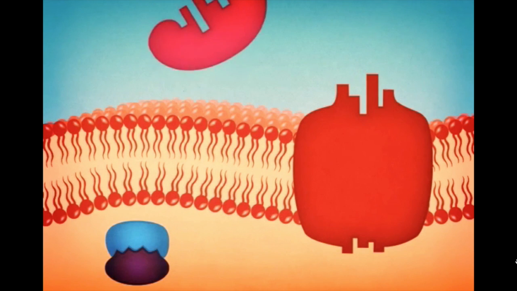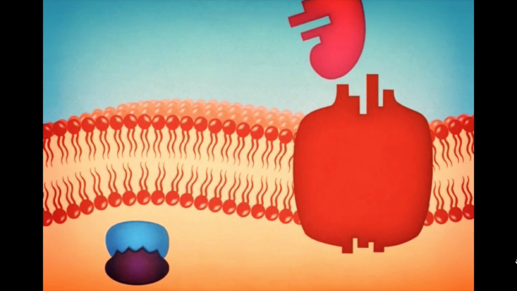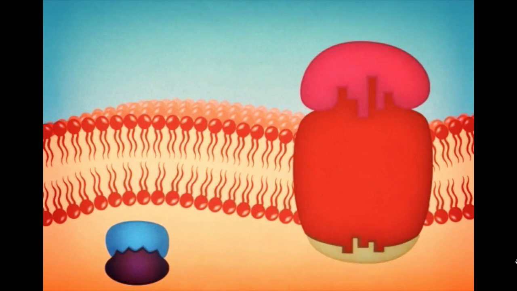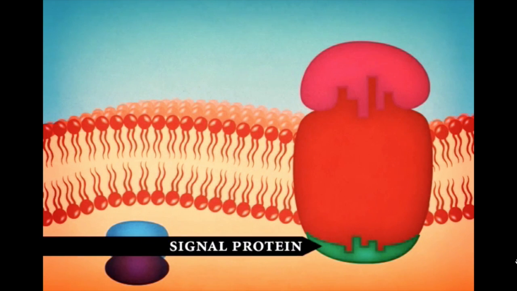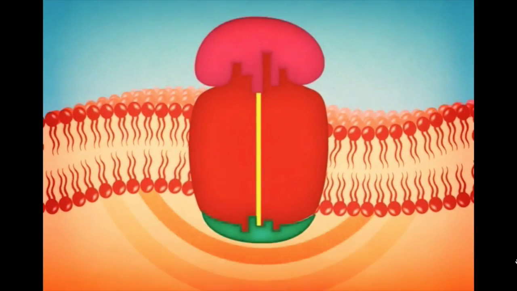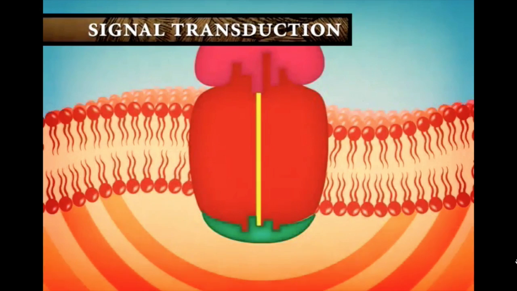Water-soluble proteins and amine molecules can't cross the waterproof lipid cell membrane on their own, so their receptors are located on the outside of the cell membrane. But the receptor protein extends through the membrane and is attached to a signal protein on the inside. Each type of cell has a different set of receptor proteins. So, the same hormone generates different responses in different types of cells, or no response at all, depending on the specific set of receptor proteins the cells contain. Once a hormone has attached to a receptor, the receptor causes a specific change inside the cell through a process called signal transduction.